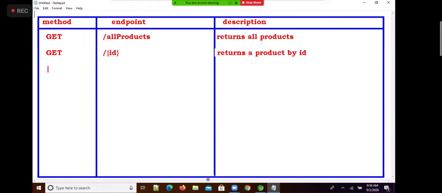You have one more endpoint, /products manufacturer. Description, what does it return? Products by manufacturer.